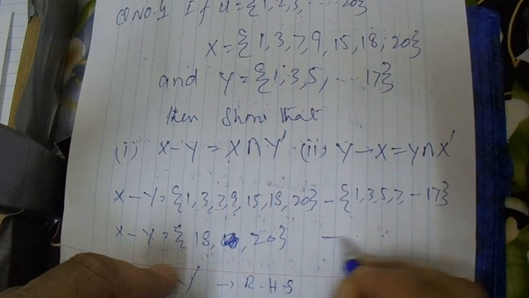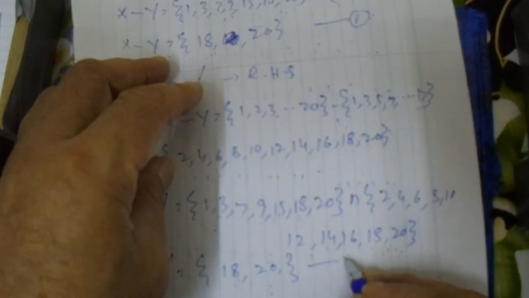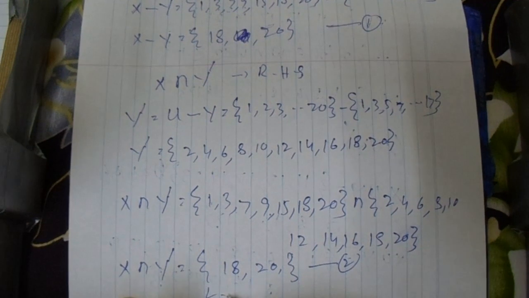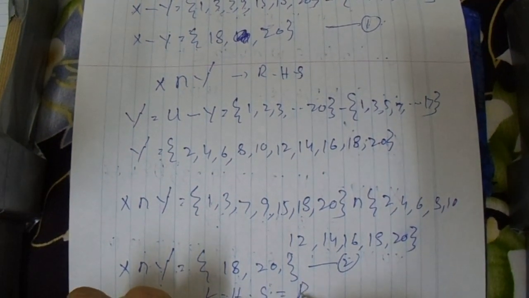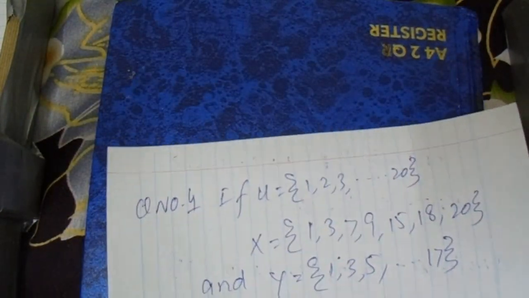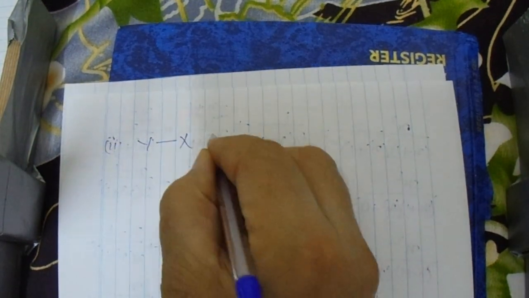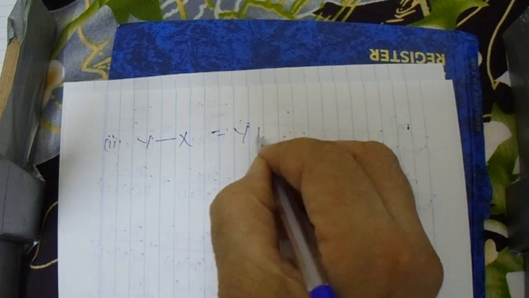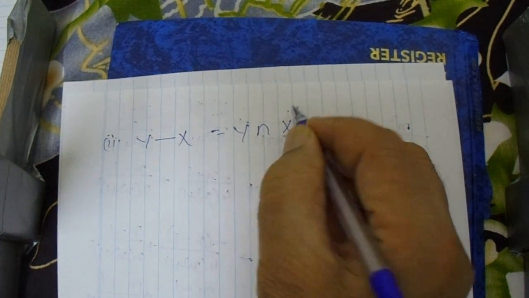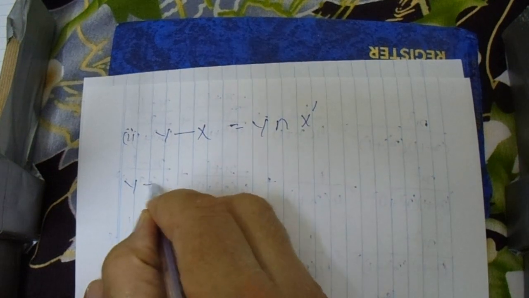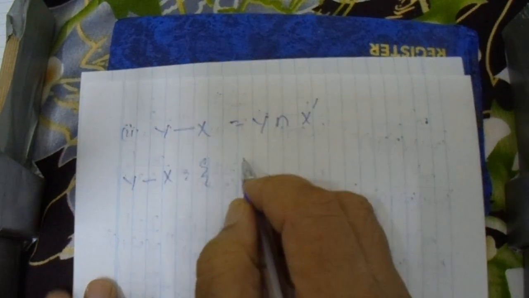We write this. And this is our first, and this is our second, and left hand side is equal to right hand side. Now the second part of this question, y minus x is equal to y intersection x complement. Now we write y minus x, and y is